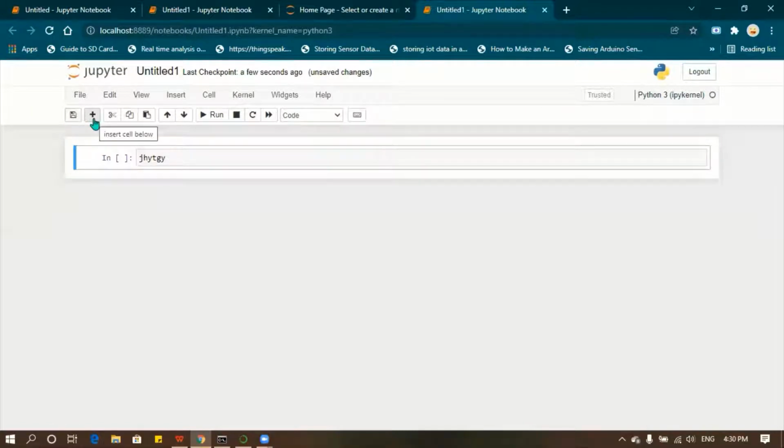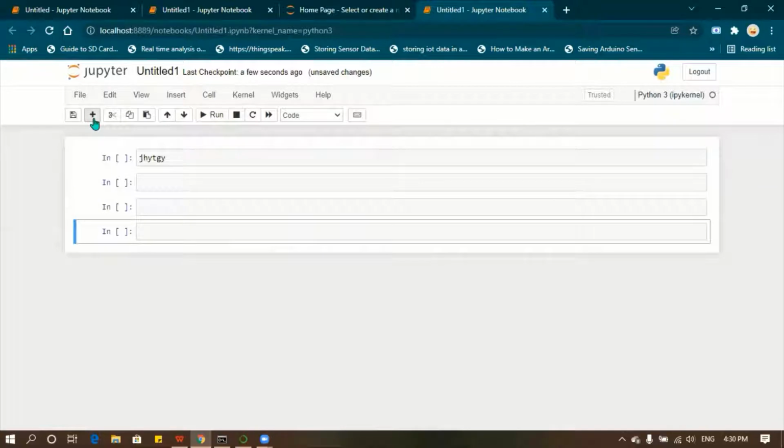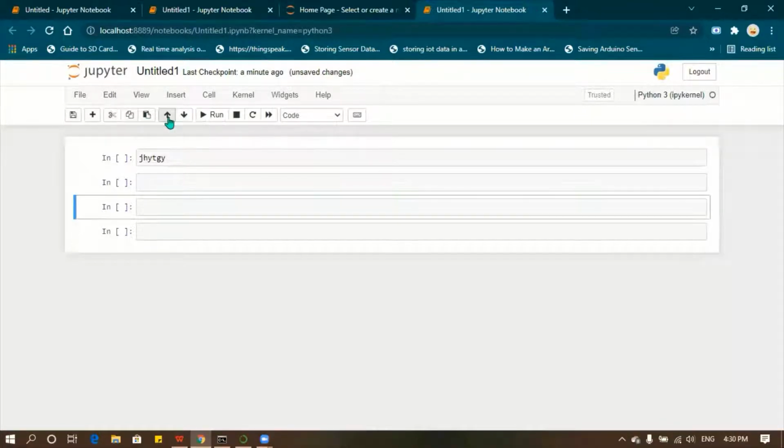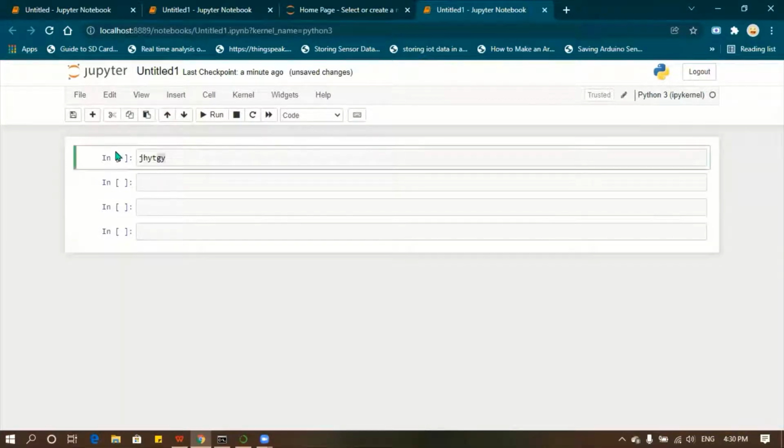Save. If you click plus, it will create a new cell. This will cut, copy and paste. If you want to move cells up or down, or run the program, you can click this Run.